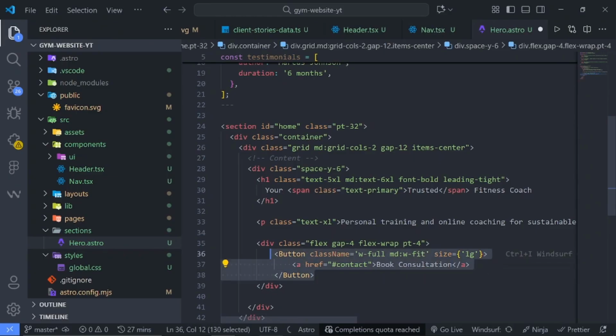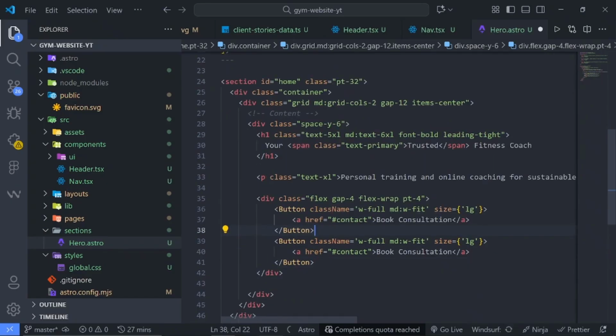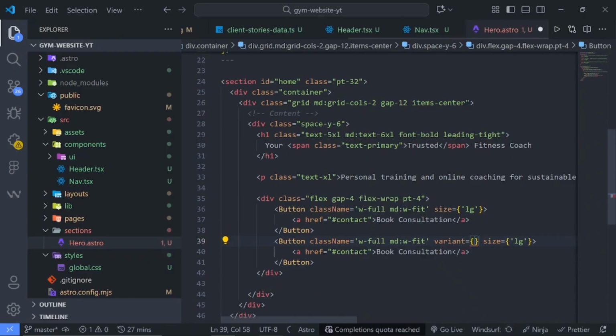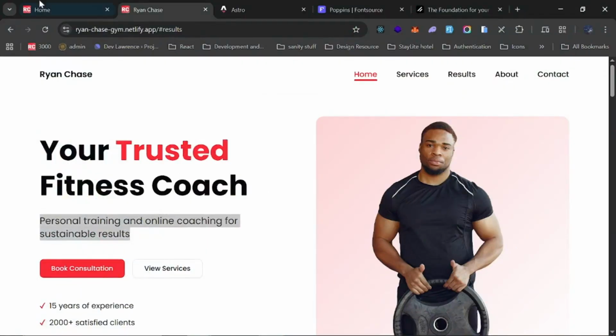Then I'll copy this one and duplicate it, so Shift Alt and down. And the only thing we're changing here is that for the variant of this one, we'll set it to outline. For the link, this will be services, and this one will say view services. So if we save now and check back,